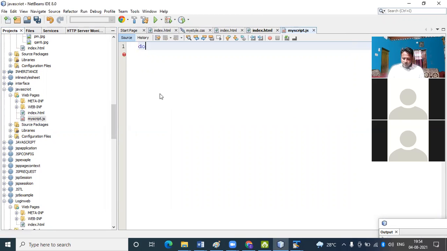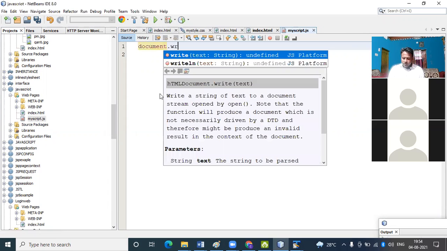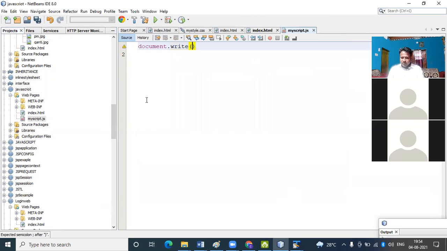Document.write, directly we pass JS external. Okay, JS external.